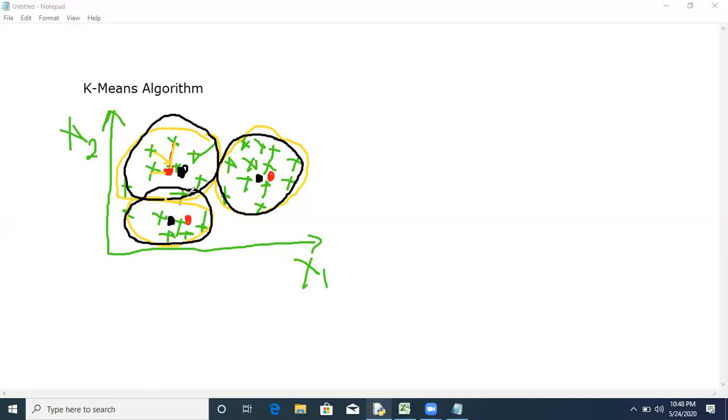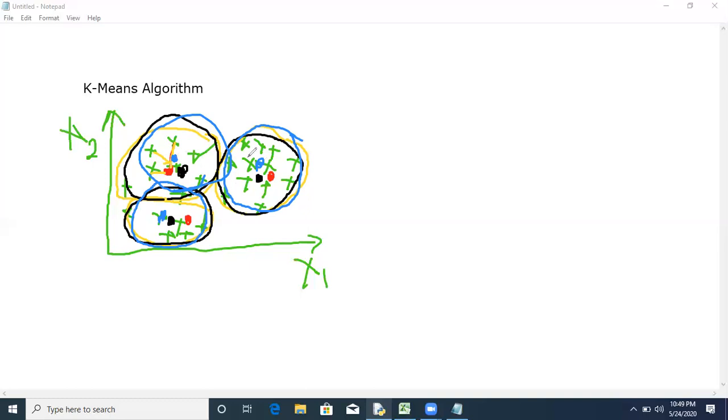Similarly, we will take a third iteration. We will take the average of all these points, and we may find the third, modified centroid, and again we'll cluster in the same way that we did previously. So we'll find more accurate clusters, where all the points present in a cluster are closer to their centroid.